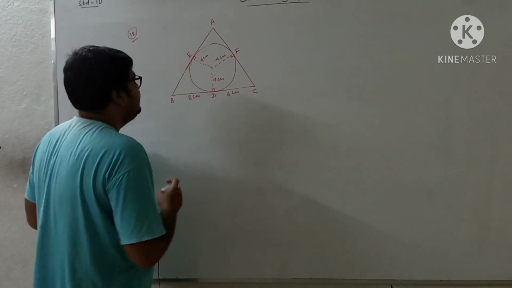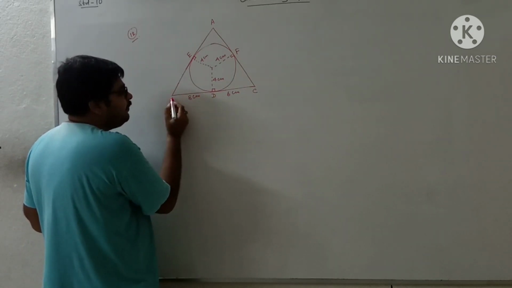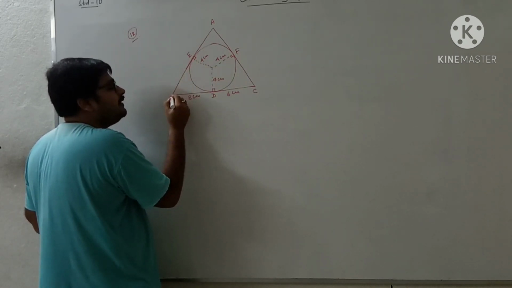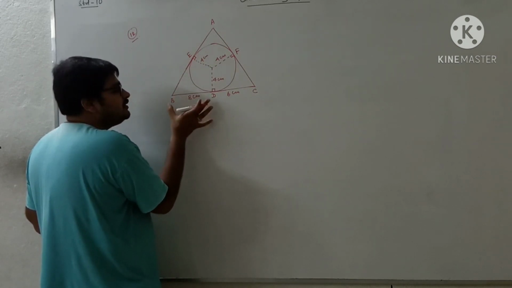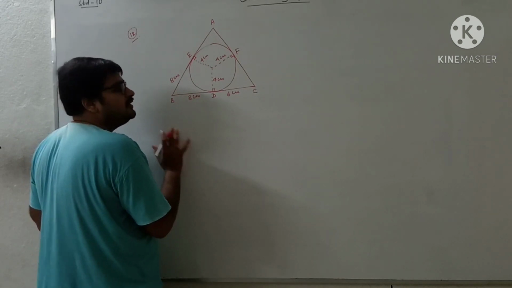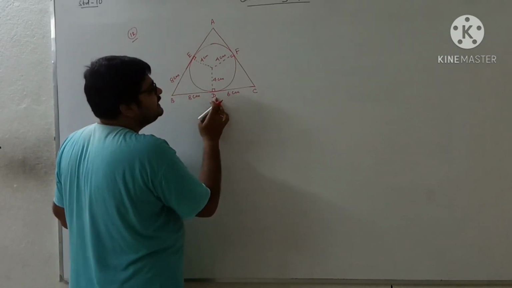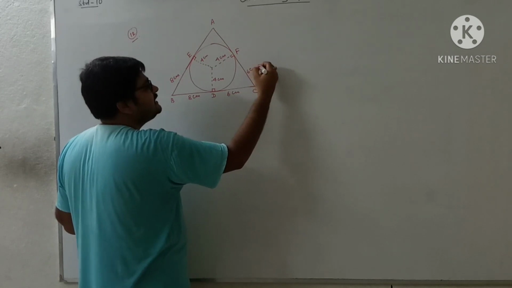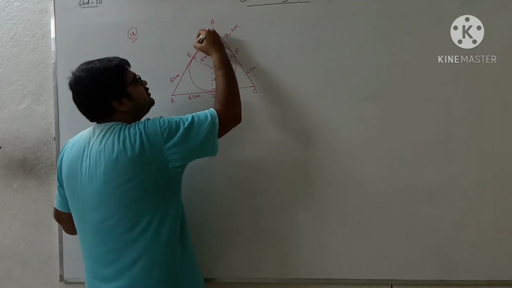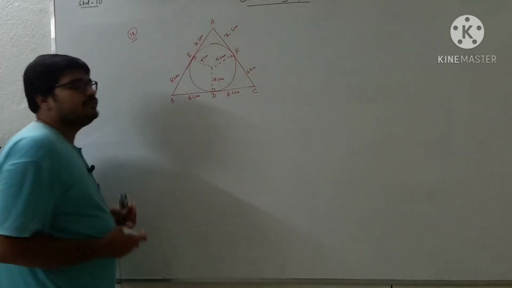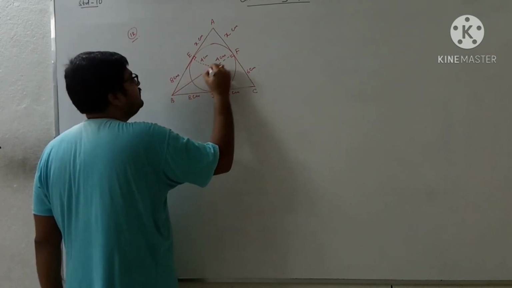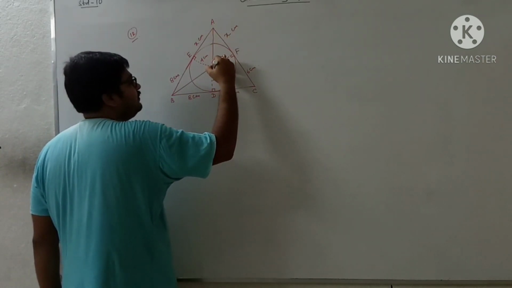Look here, BD is a tangent from the point B, and from the same point B another tangent is BE. And we know from an external point, whenever we draw tangents, they are equal to each other. So this is 8 centimeter, which means this also will be 8 centimeter. The reason we will write when I do the sum. And similarly, CD and CF are equal, so this also will be 6 centimeter. We take AF as x centimeter, then AE also will be x centimeter, as these two tangents are drawn from the external point. Now we are joining with the center O: BO, AO and CO.